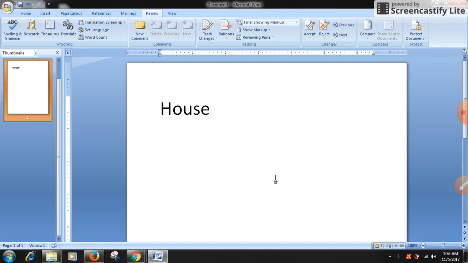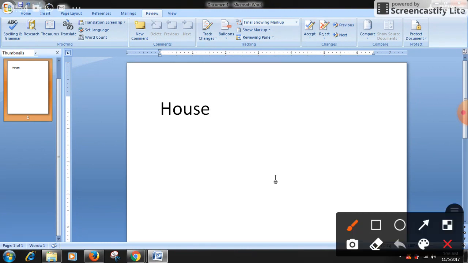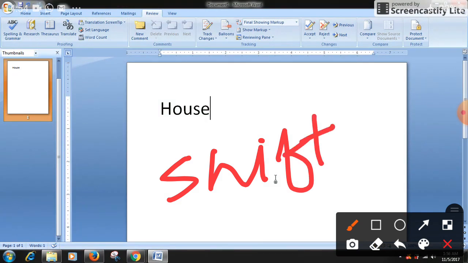What is the use of the thesaurus and how can we use it? We can press the shortcut key. Students, what is the shortcut key for the thesaurus option? It is Shift plus F7.